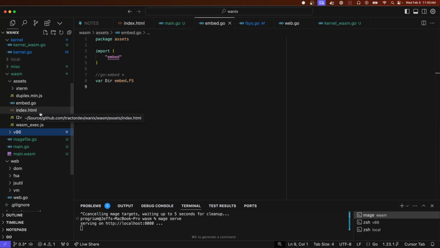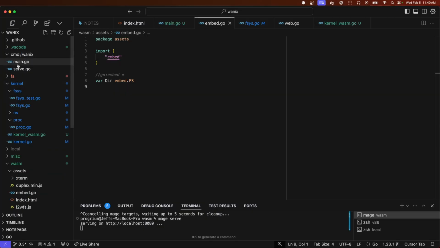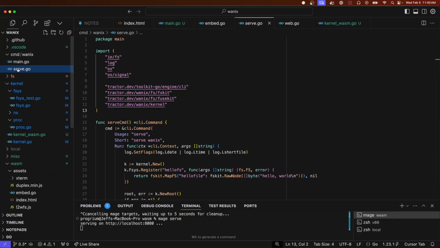Okay, let me think about this. How does this work? I guess this comes to the user experience. Use the command line tool to get it to serve files. Right now we use Mage to web server, but the user would use Wanix. Maybe